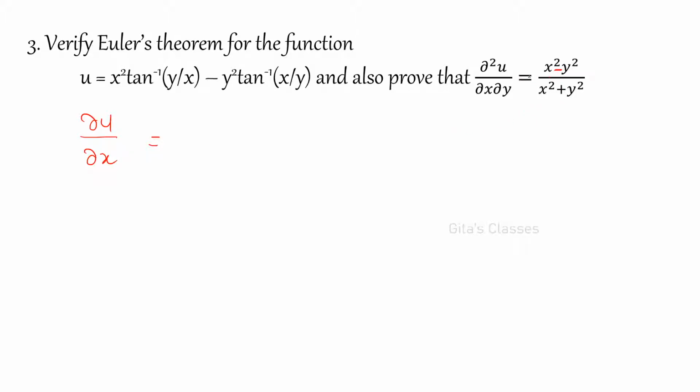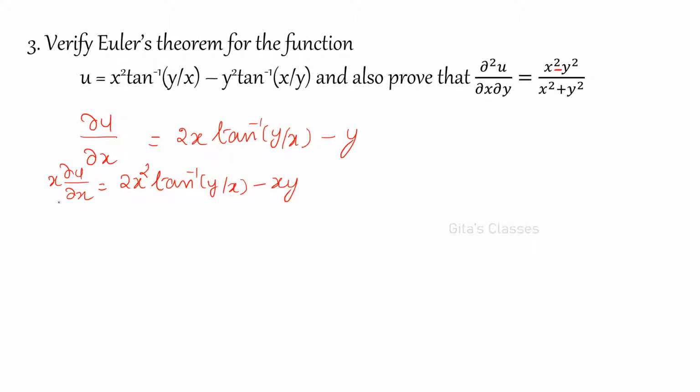Okay. So this is the answer. This you can find out from the previous class. So ∂u/∂x, we have already proved, is 2x tan⁻¹(y/x) − y. Therefore x ∂u/∂x is 2x² tan⁻¹(y/x), sorry, y by x,